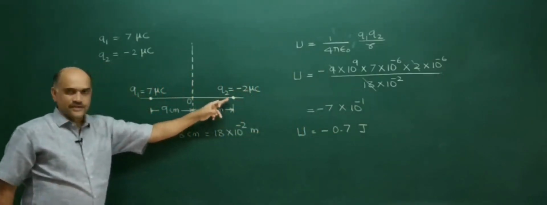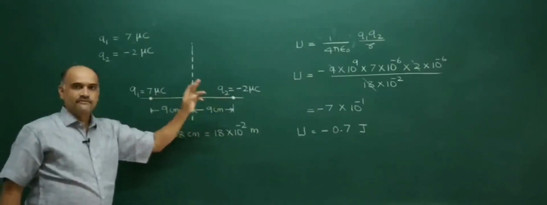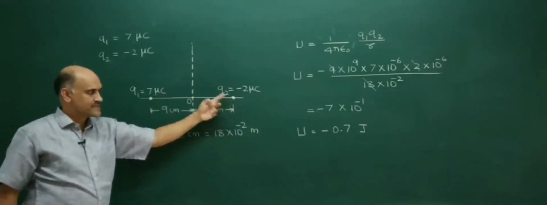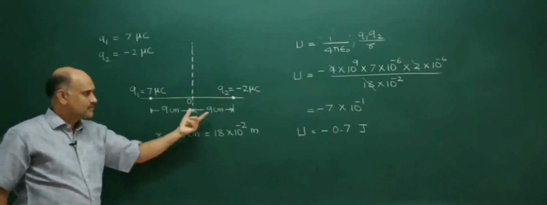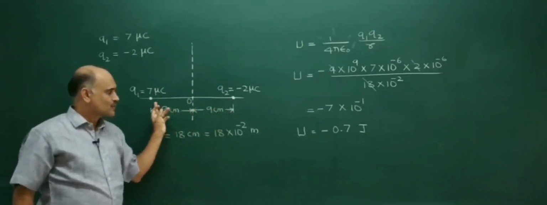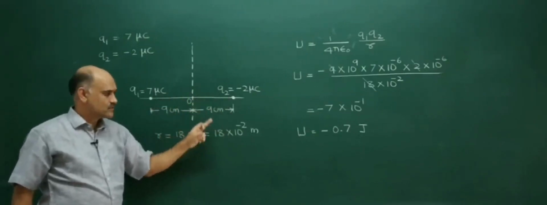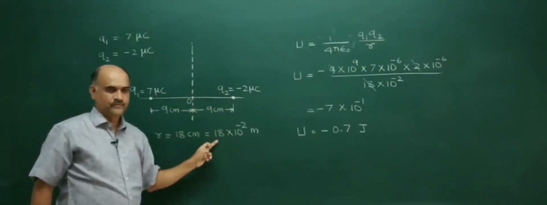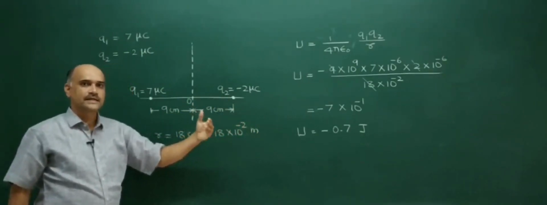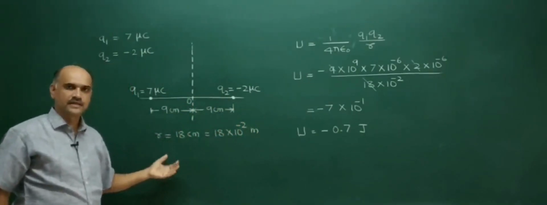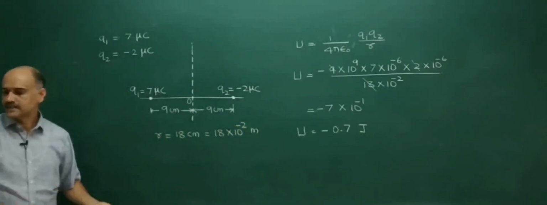Here, if you observe the coordinates, y and z are 0, so it's just lying on the x-axis. On the negative side 9, positive side 9, so the total distance between these two charges will be 18. You can pause, note down this problem, and a second problem will be on your screen. You can note that also, then we'll go for the solution.